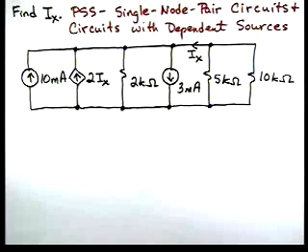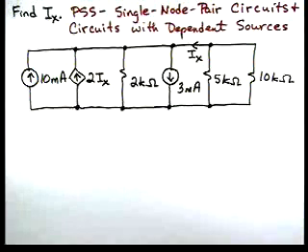Okay, for this problem, the task is to find the current Ix. We can see where the current Ix is labeled in the circuit. This is a single node pair circuit, so we're going to use the problem solving strategy for single node pair circuits and the problem solving strategy for